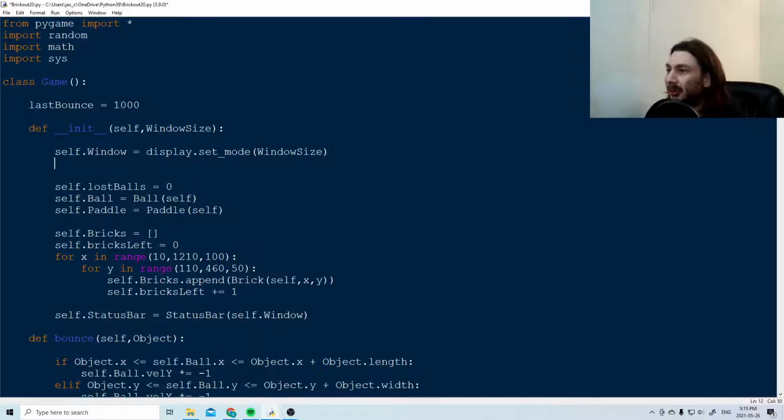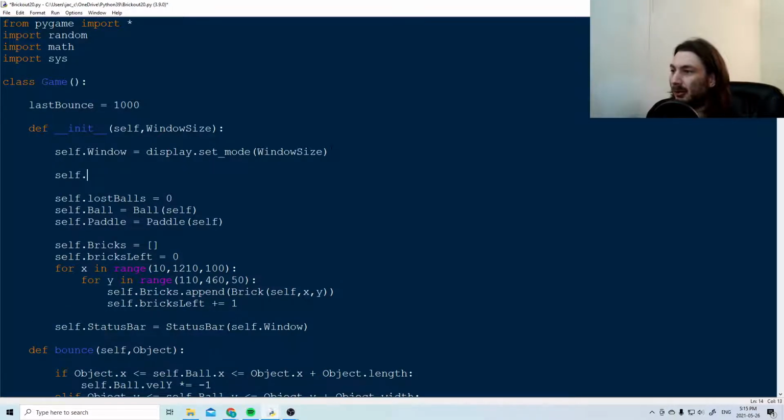So just like before, let's load up our sound effects. So SFX, this is going to be paddle hit, and so mixer.Sound, and it's going to be paddle_hit,